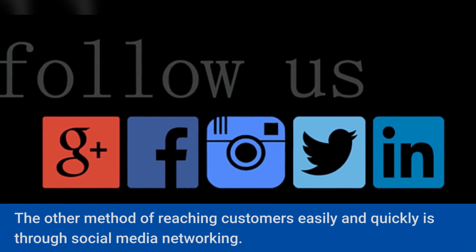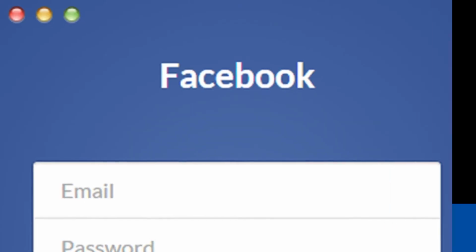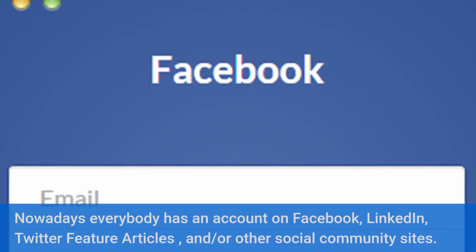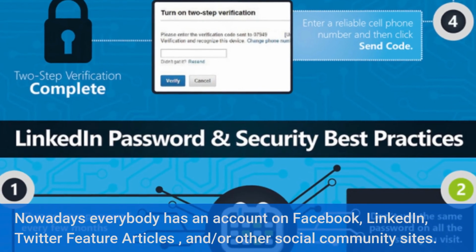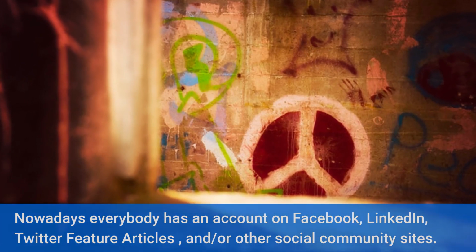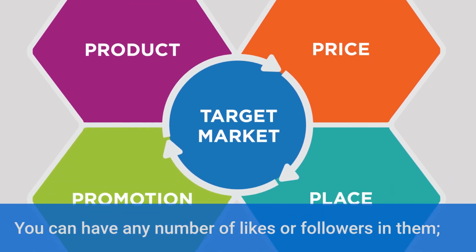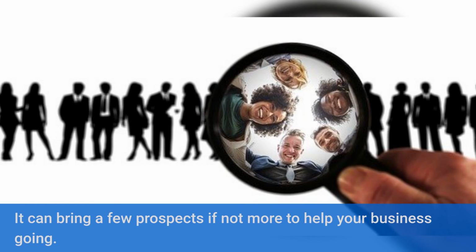The other method of reaching customers easily and quickly is through social media networking. Nowadays everybody has an account on Facebook, LinkedIn, Twitter, feature articles, and/or other social community sites. You can have any number of likes or followers on them. It can bring a few prospects if not more to